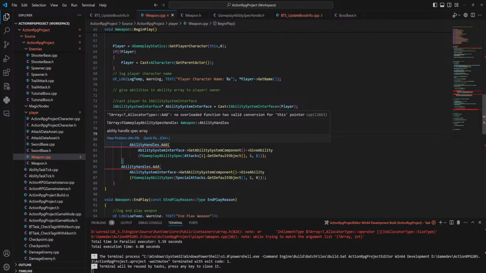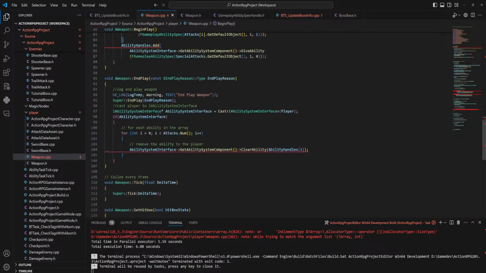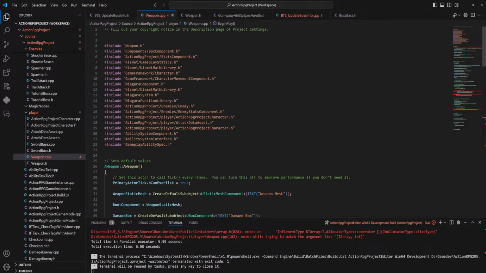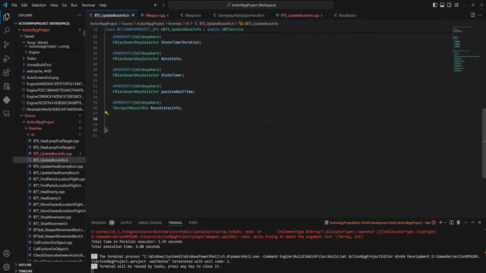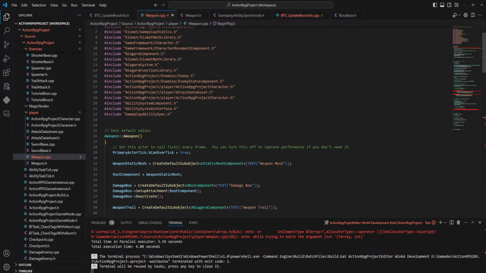You see, it keeps bitching about the TArray stuff. I'm confused as to why that didn't give me an error before, the fact that I didn't have that type included, but it's probably because it's included through the system component or something like that.